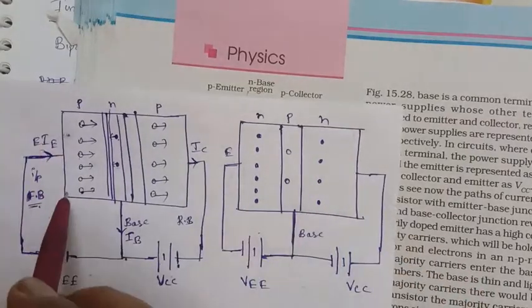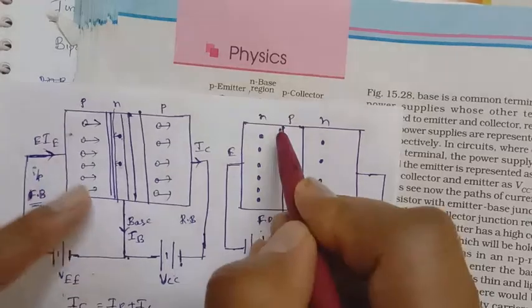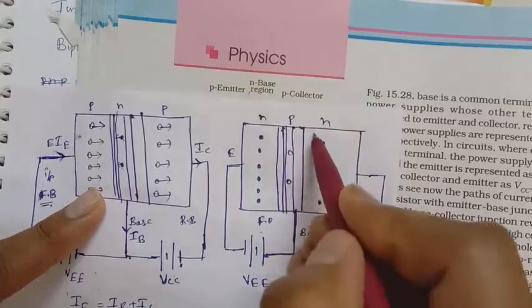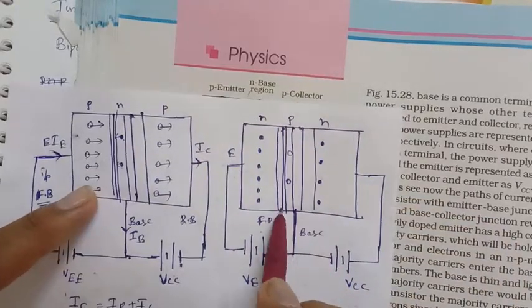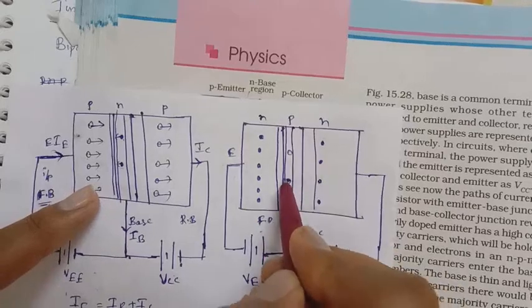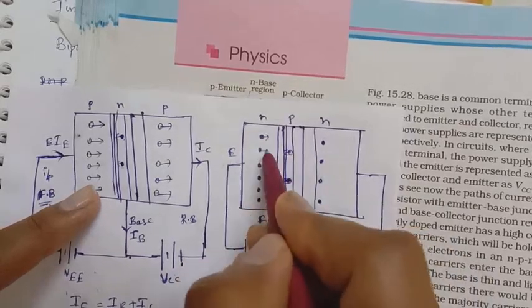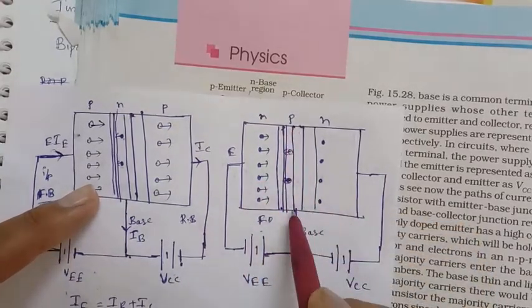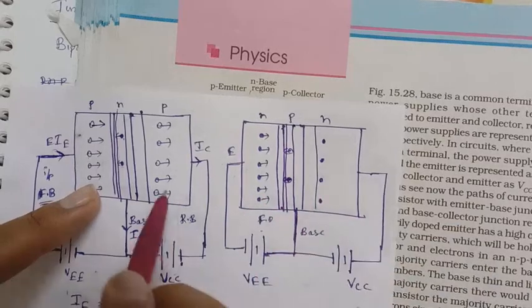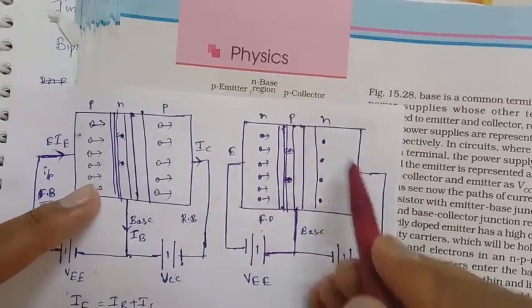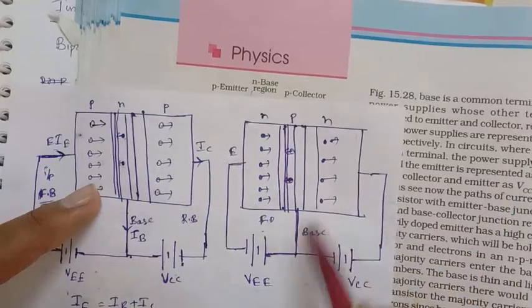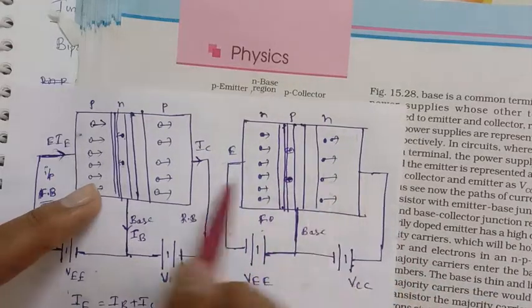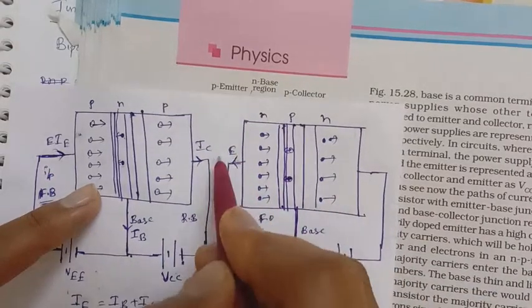So what we discussed here is in forward bias. Here the width of the depletion region will decrease, and here the width of the depletion layer will increase, because it is in reverse bias. In forward bias the holes are moving towards the junction and the electrons are moving towards the junction, so the width of the depletion layer decreases. Here it is lightly doped, that's why all these electrons will move from emitter to collector. Why? Because it is a positive terminal, it will attract the electrons. So the electron direction means the current direction is outward.